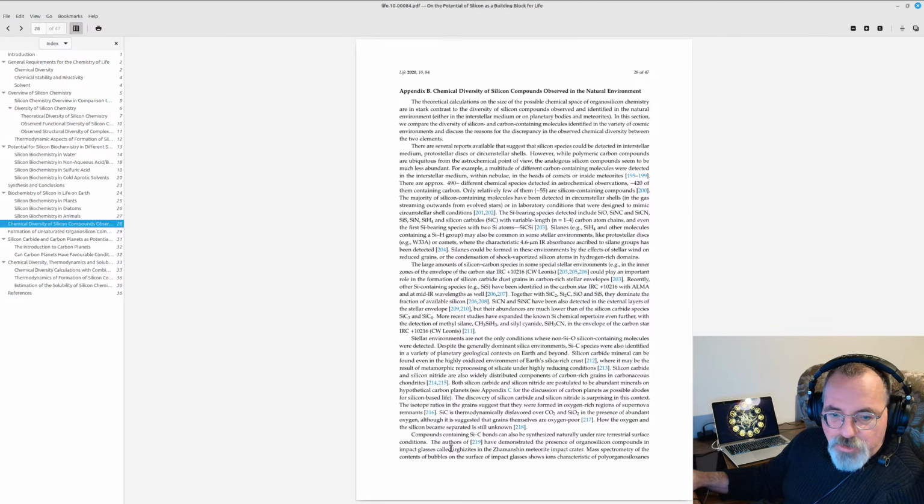Mass spectrography of the contents of bubbles on the surface of impact glasses shows ions characteristic of polyorganosiloxanes,